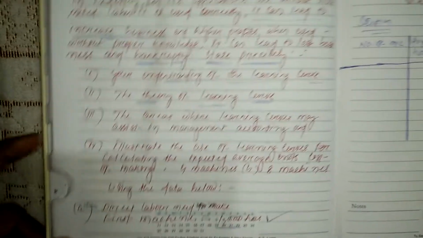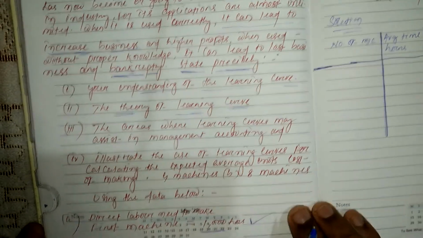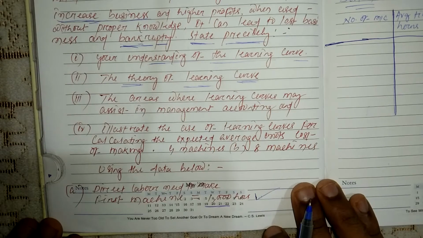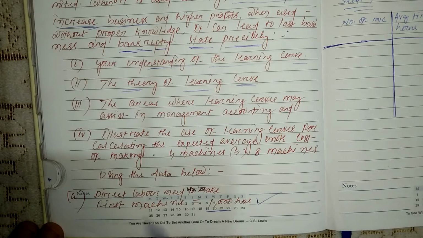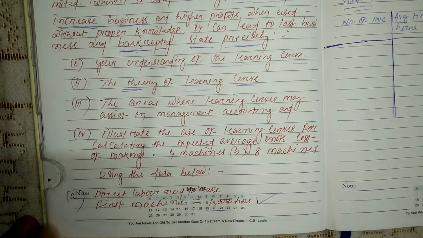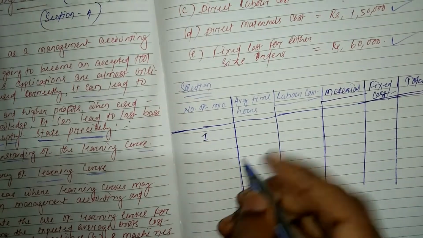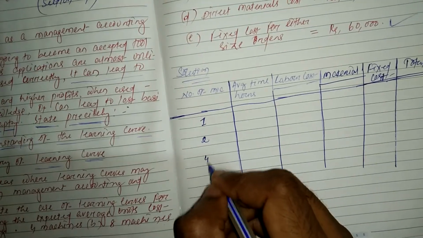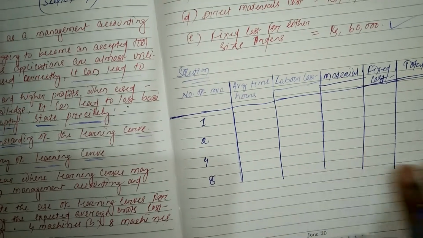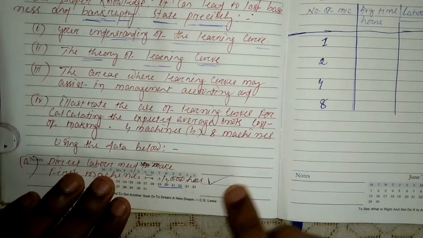Number of machines. Here in the question it is given that the labor needed to make the first machine is 1000 hours. So here you can write number of machines 1, 2, 4, 8. Here, average time in hours, first machine 1000 hours given,